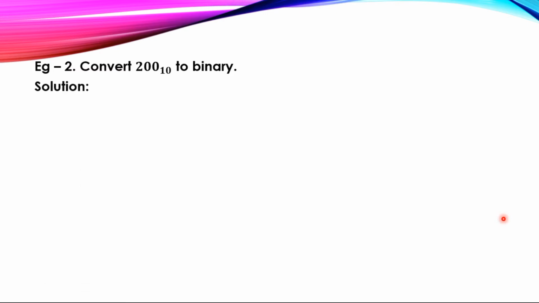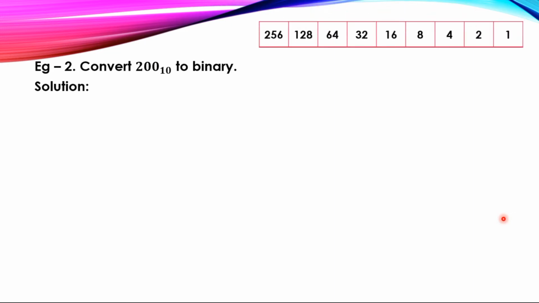Now solution, we all know the solution. We have to get the table of power of 2. Now here is the table of the power of 2. Find the largest number. Now what is our number? Our number is 200. So we have to find the largest number nearer to 200. So the number nearer to 200 is what? 128. Okay, without exceeding 200, the largest number is 128. See here, the number is 128.